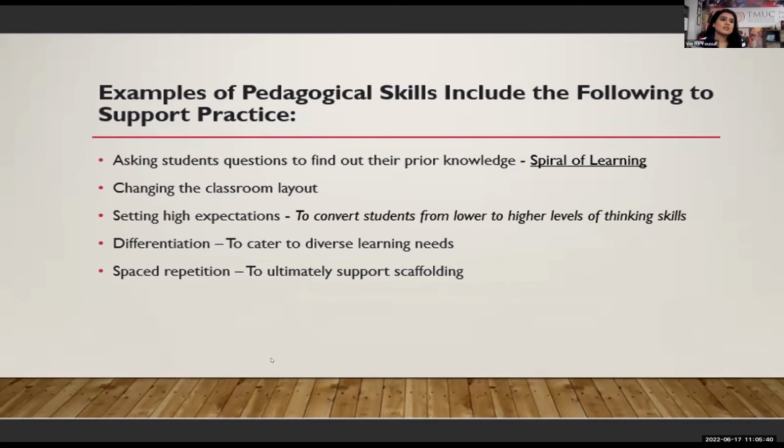Apart from those, spaced repetition is another concept that we came across. So this is going to be eventually a case where we support scaffolding. And why does that happen? Because students, if they're not in classroom and not in continuous monitoring from the teacher soon after they graduate from the A levels, also,